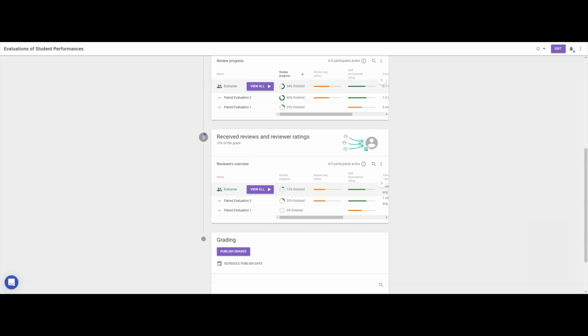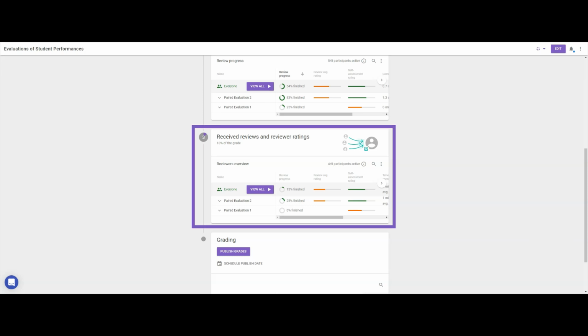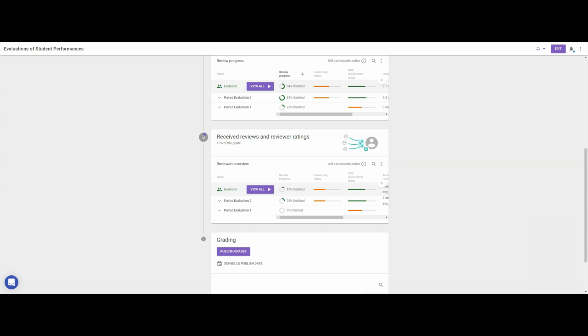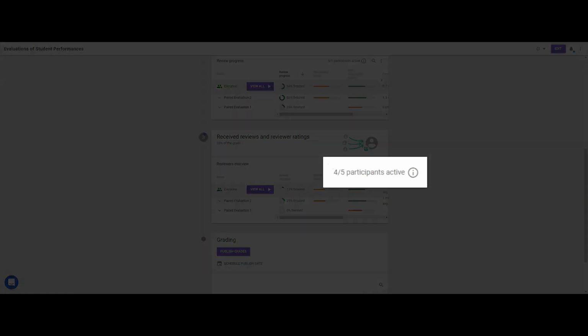This is where you can look at all the student reviews, both the self-evaluations and the reviews of their peers, and where you can leave your own full review if you desire to do so. The section indicated by the number 3 has an overview of some basic information about the current status of the activity. A quick look will show us that on this activity, 4 out of 5 students have been actively engaging